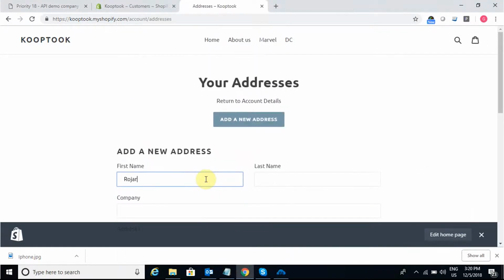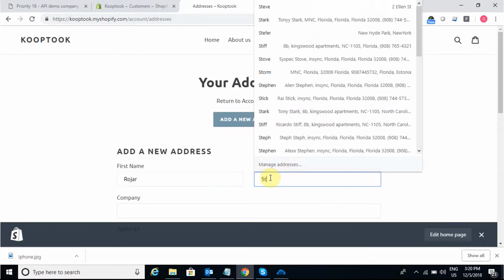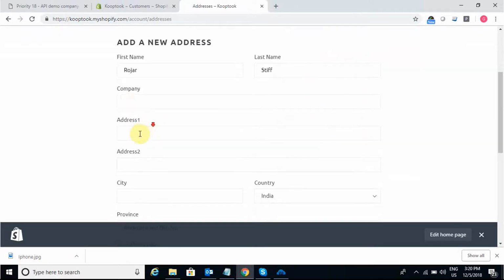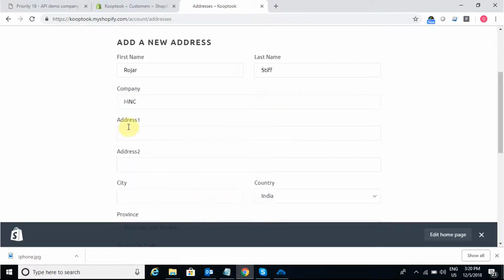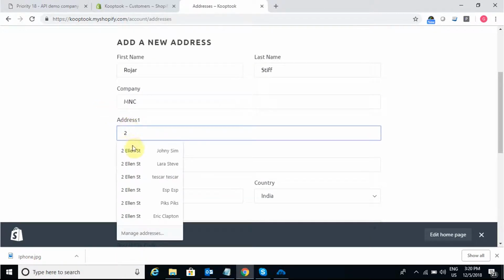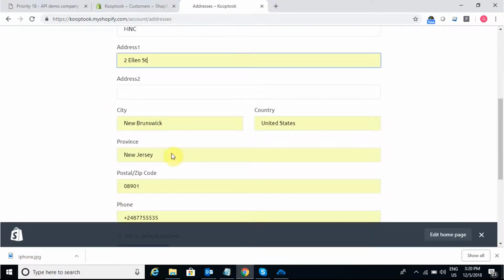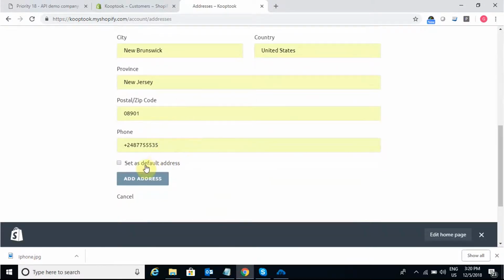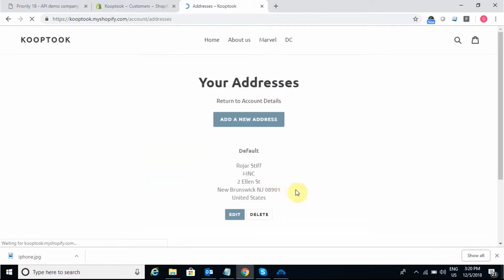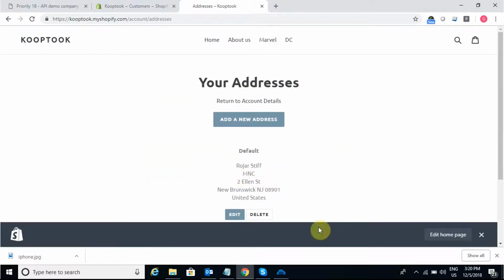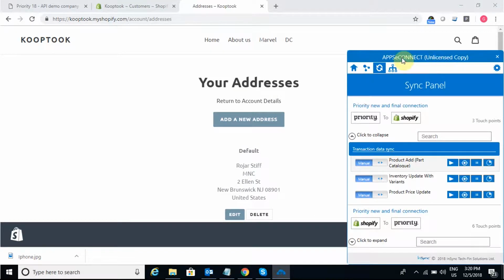Let's quickly mention all the details along with the customer name. Here I need to choose all the information which is needed: the company name, followed by all the details like the address, city, country, and phone number. I have added all the mandatory information from the Shopify front-end store for this particular customer, and using this APPSeCONNECT